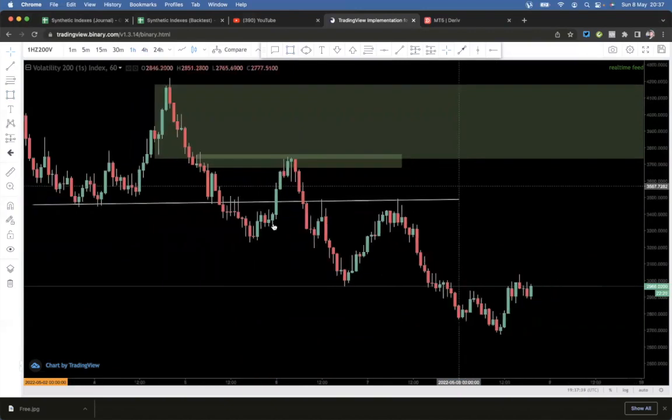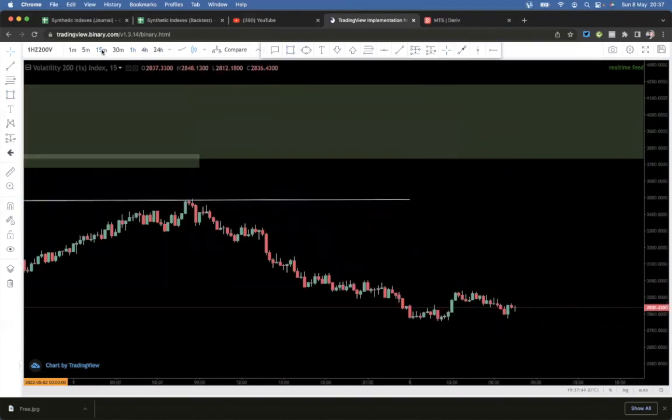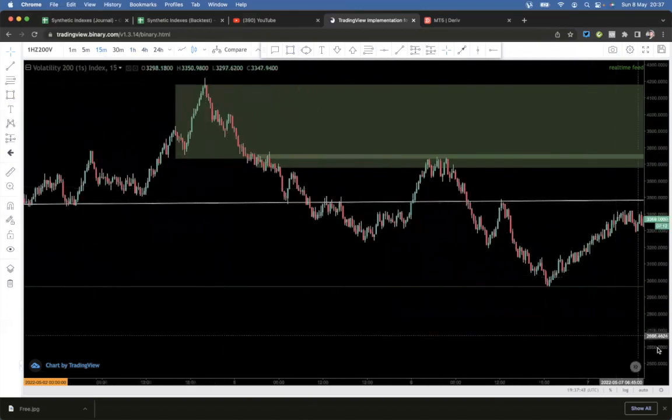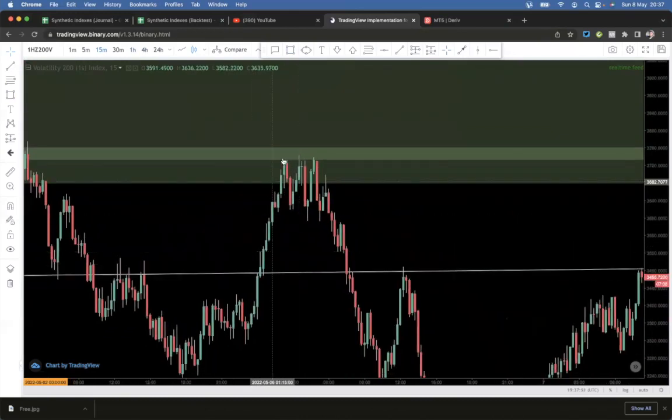Okay, price got to it, and if it gives you a signal to sell, the best entries are in the 15-minute time frame. Look at what price did in the 15-minute time frame. Price got to the 50. This one could have been your first entry, but then when you enter at the first entry like this,